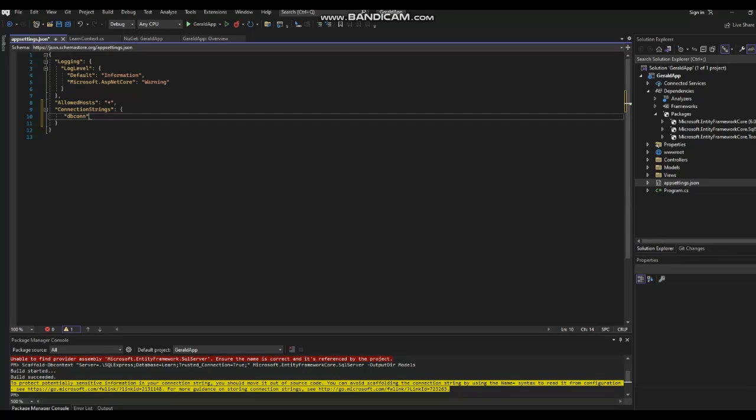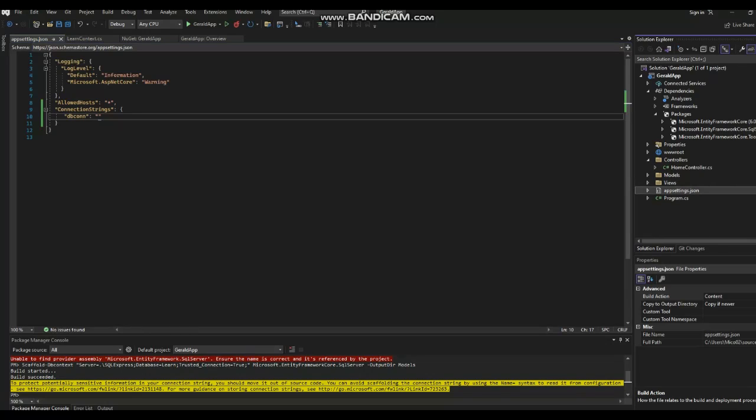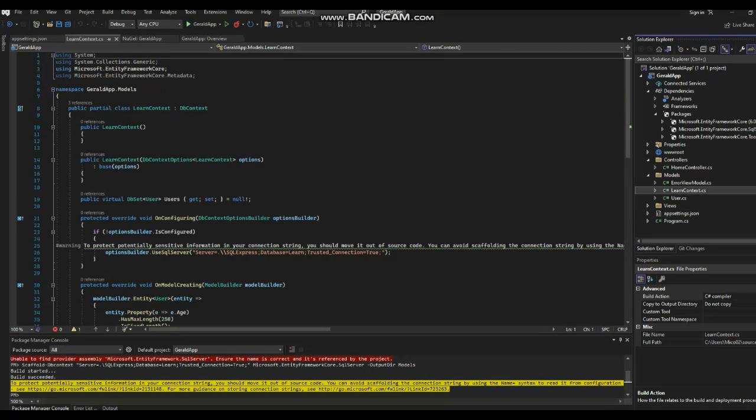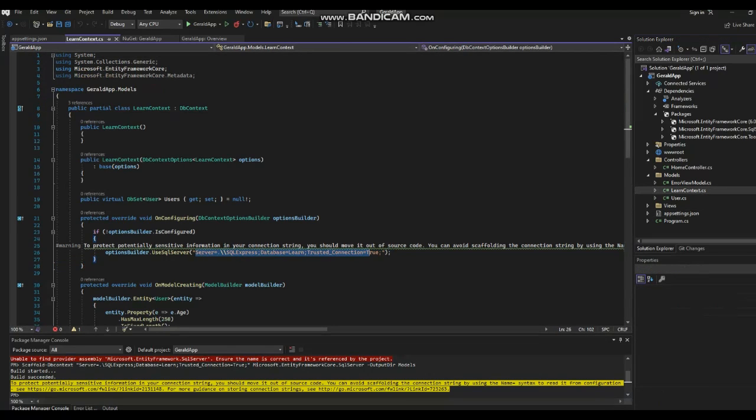That's going to be the name of my DB connection towards my SQL Server going through my ASP.NET. And then what you need to input in here will be found in the controllers. Actually not in the controllers, but in the models. So just go towards the LearnContext.cs,